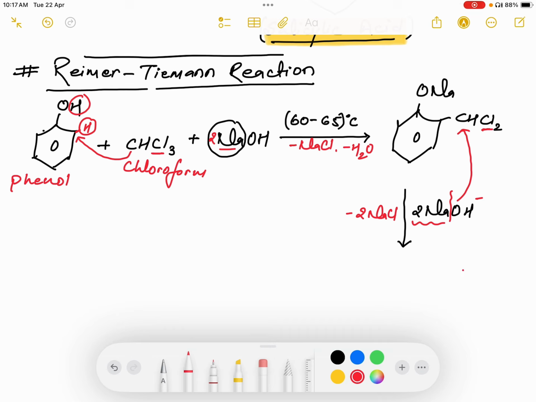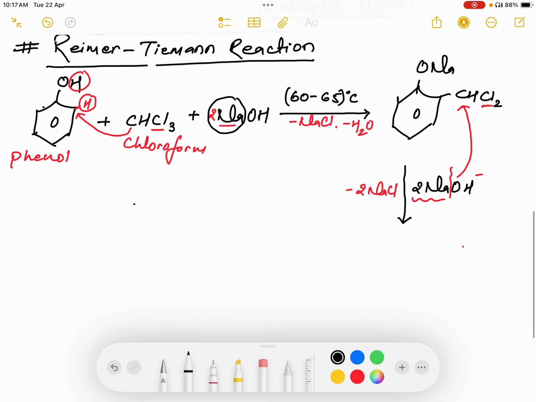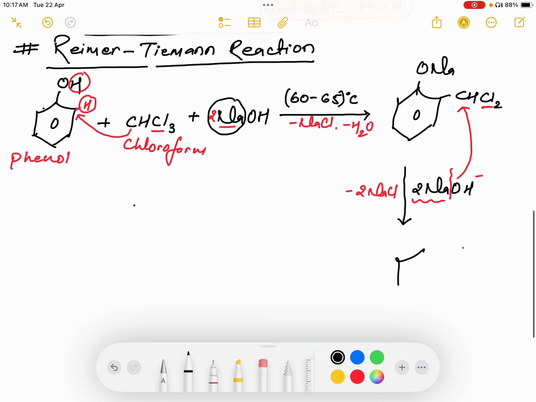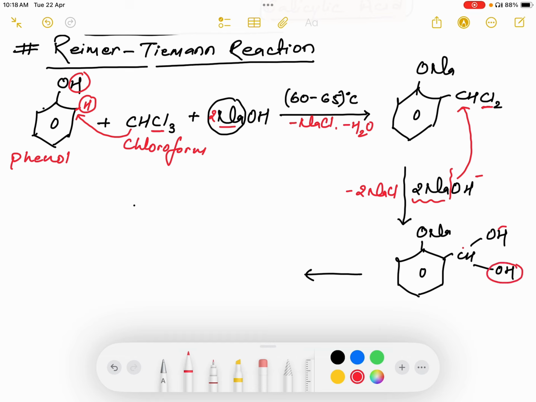And what will happen is, it will look something like this. Here we have ONa, here we have CH, and instead of 2Cl, now we have 2OH groups attached to it. Now what will happen further in this reaction is, one of these hydroxyl groups and the other hydrogen